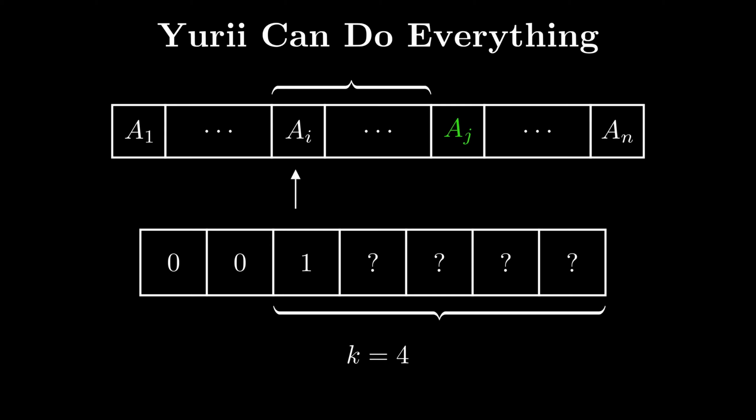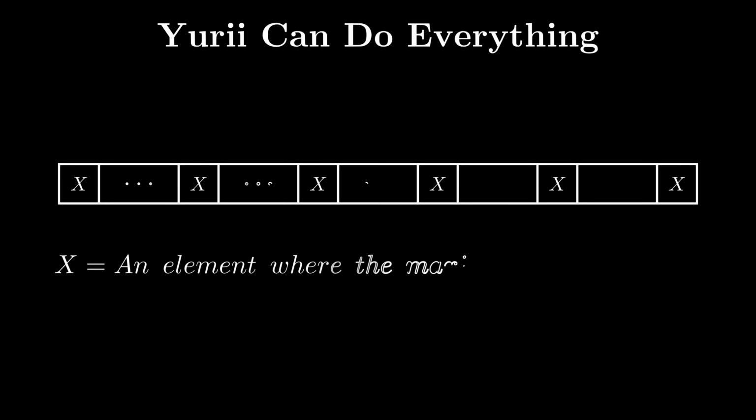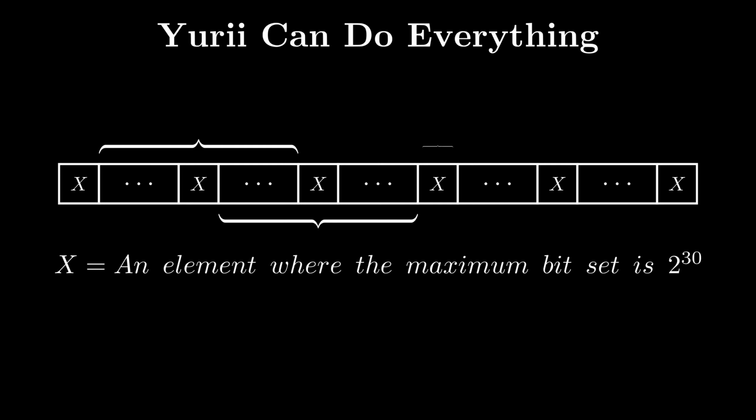At first glance, this might seem to be O(n^2) if we do it for each element, but it's not. Let's mark all the positions in our array where the maximum bit set is 2^30 with an x. For a particular position, we can't visit more than one other position with 2^30 set. This is because if we visit more than one such position, the sum ends up being greater than or equal to 2^31, which means that no further XOR pairs can be in our range. Therefore, each element gets visited a maximum of 2 times.